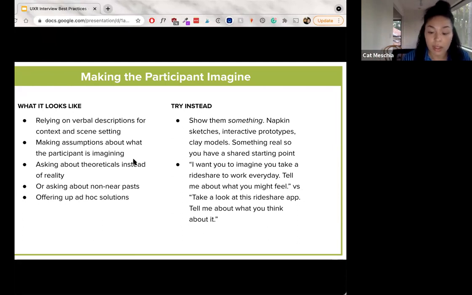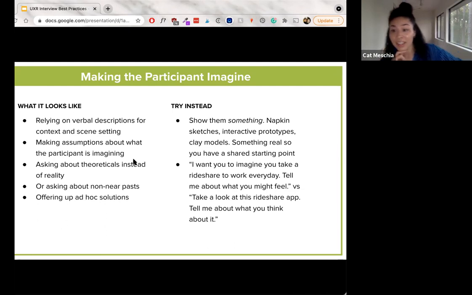We had a project where it dealt with home repairs. So in the initial interviews of exploration, we couldn't go into people's homes, but the team had created fake washing machines and fake dryers, and they asked participants to walk them through their laundry routines. Instead of just saying, hey, think back to the last time you did laundry, it was a little bit more contextual, and we could ask questions as it was actually happening.